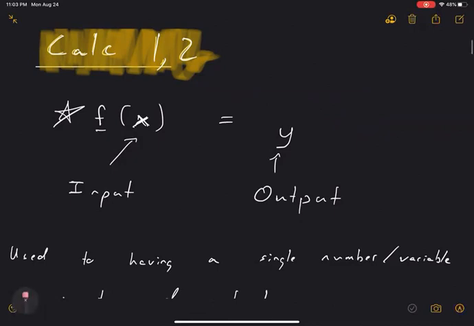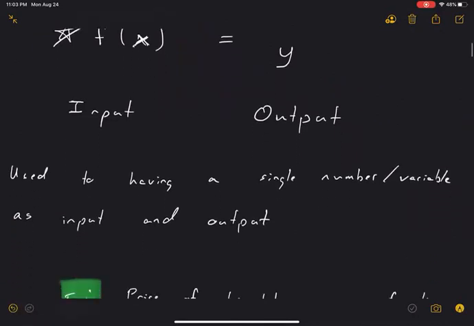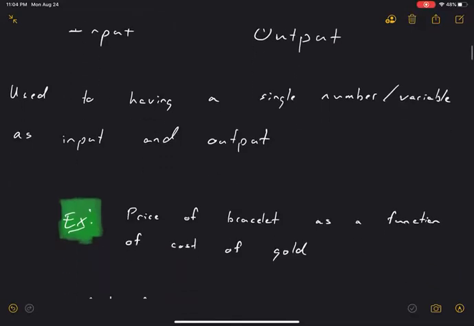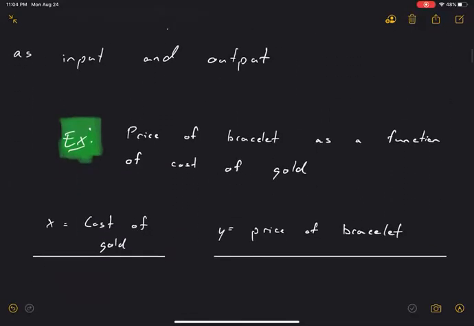Now, when we say functions of a single variable, that means we're just plugging in one single number x into my function, and I'm getting out one single number y, okay? So that's what we're used to. We're used to having a single number or variable that we use as input for our function. So an example would be, let's say